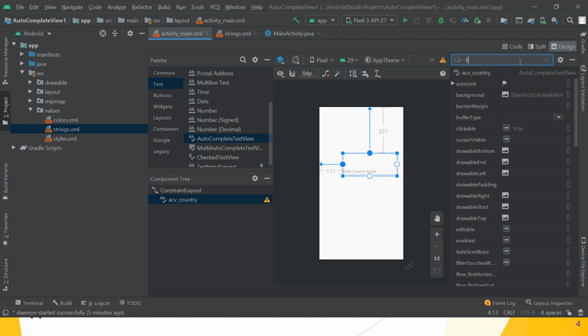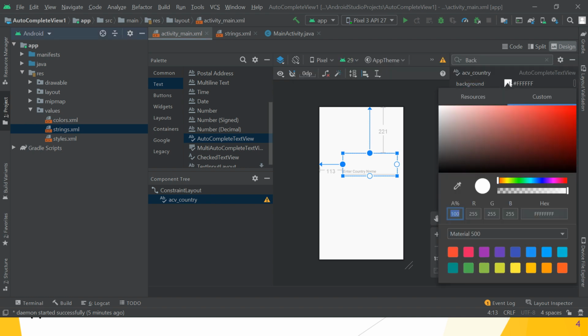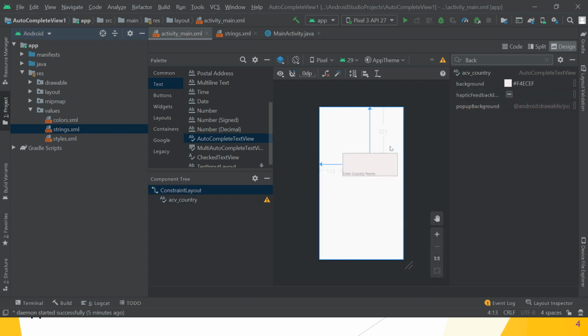If you want any background, you can choose a color, suppose red, or if you want nothing, you can write no color, or choose from the color palette itself. That is the background color.